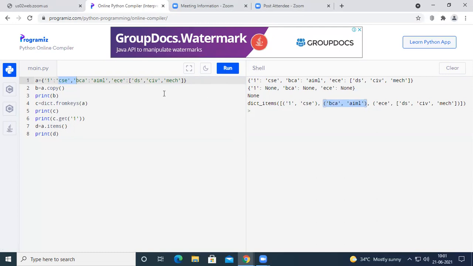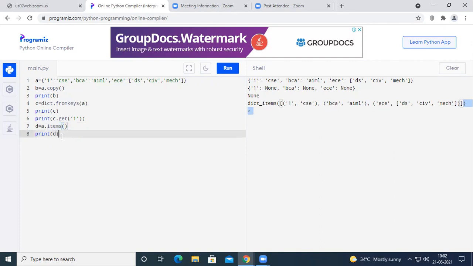Along with that, we have ECE, which has a list of items: DS, civil and mechanical, kept as a pair. So when we say items, all the keys and values will be represented as pairs on the output.